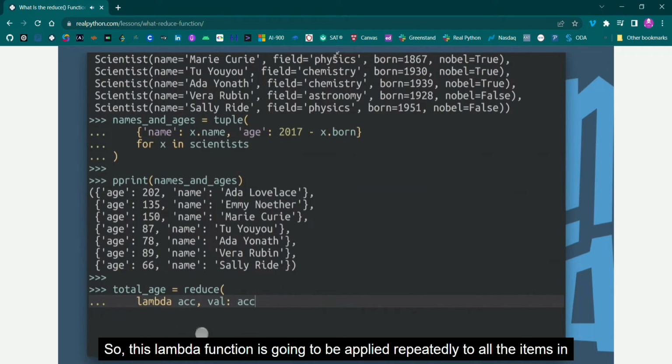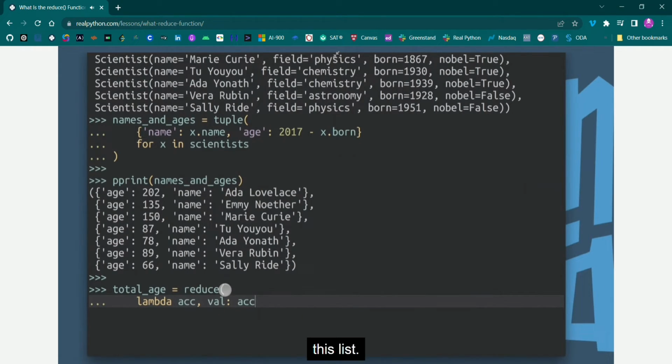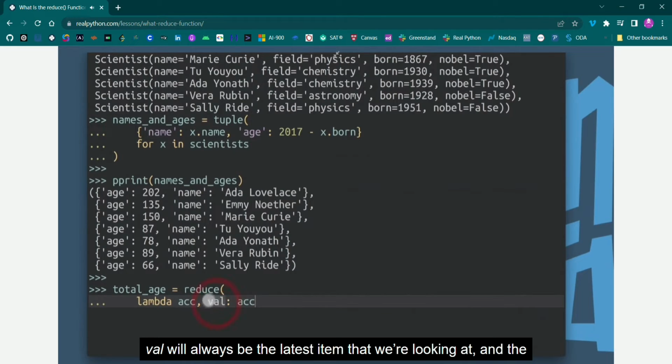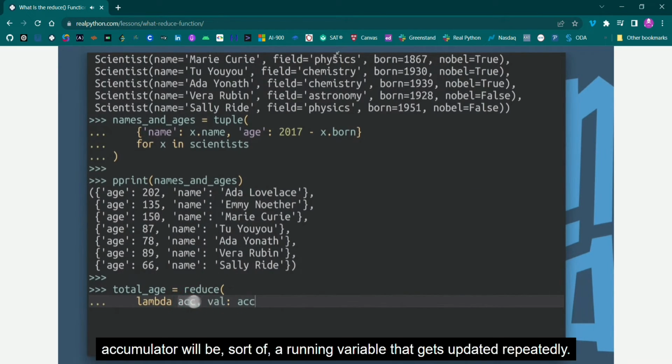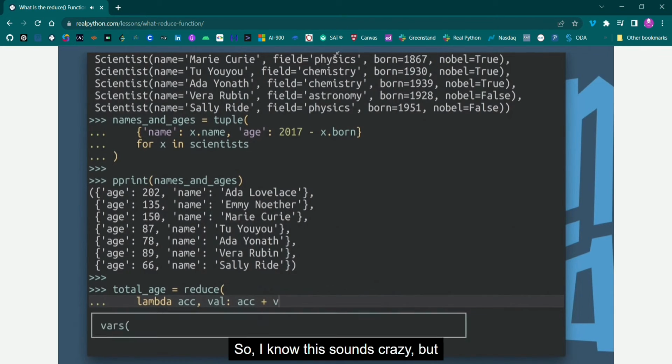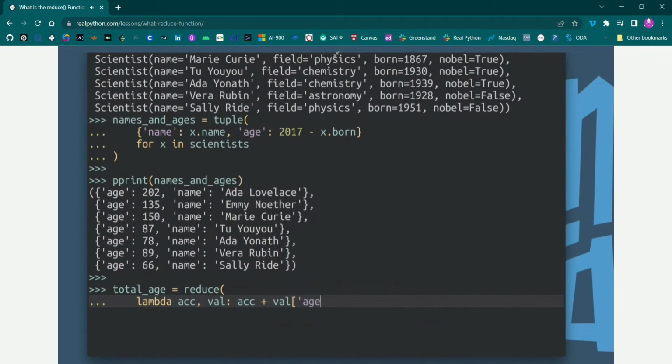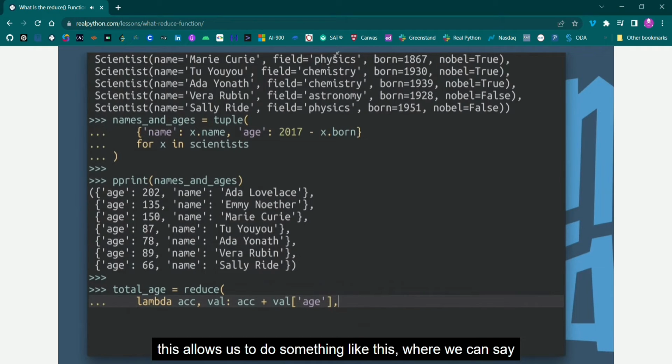So this lambda function is going to be applied repeatedly to all the items in this list. And so val will always be the latest item that we're looking at. And the accumulator will be sort of a running variable that gets updated repeatedly. The return value of this function will be the new value of the accumulator. So I know this sounds crazy, but this allows us to do something like this, where we can say,